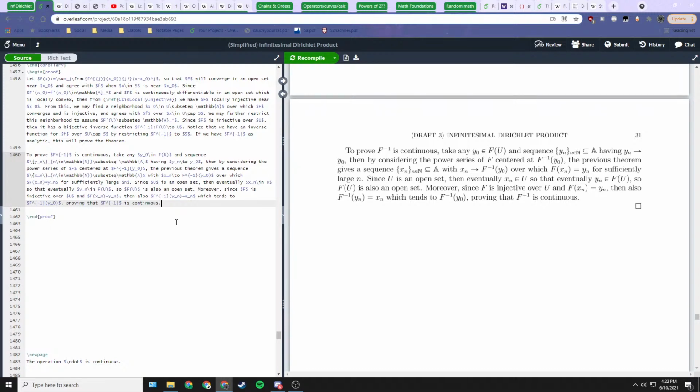Nice. Okay, so f inverse is continuous. Now we can prove that it is differentiable. So to prove that f inverse is analytic, it is enough to prove that it is differentiable